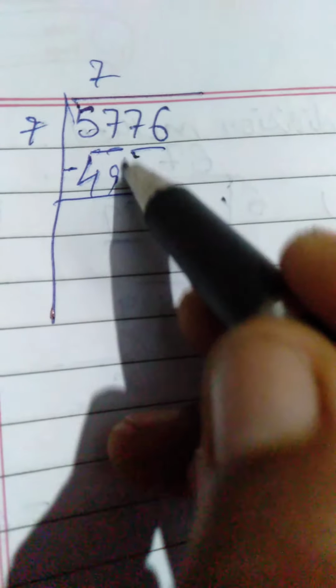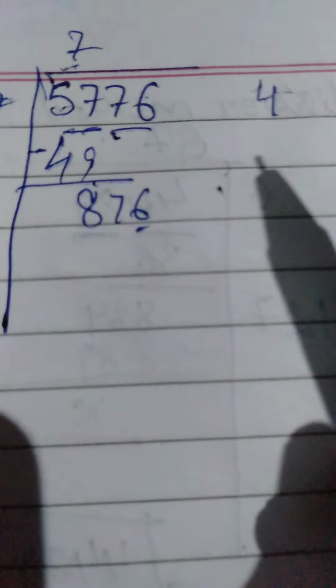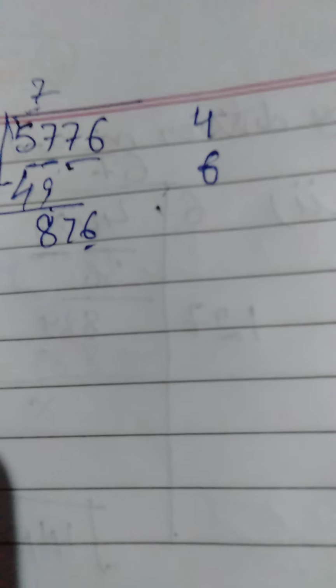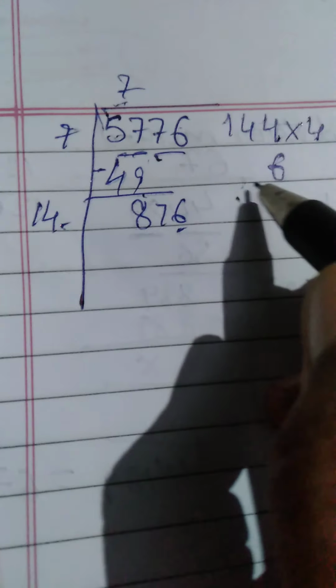Now if you subtract 17 minus 9, you will get 8, right? And 76 will come forward here. So find the double of this number. 7 2s are 14. Now when 6 comes, when you find the square of 4, you will get 16, in that you have 6 as the unit digit. And if you find 6 square, that is 36, in that also you have 6 as the unit place. If it goes at 4, then 144 will multiply by 4. And if it goes at 6, then 146 multiply by 6.